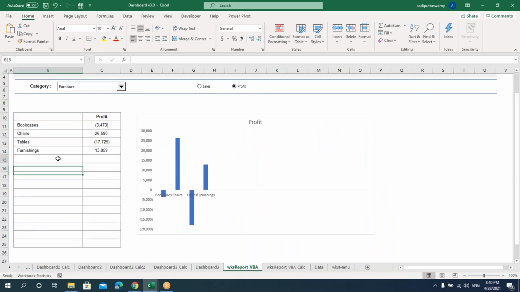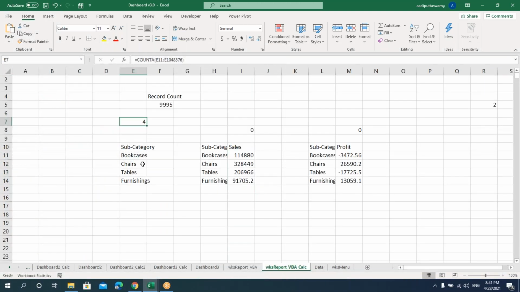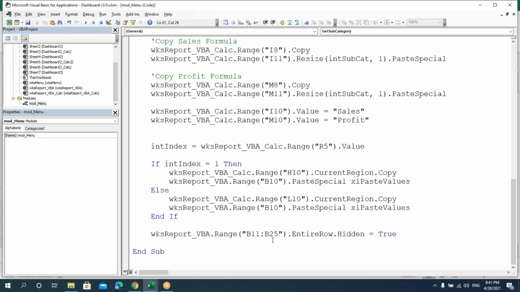Now what will happen is here all the rows will be hidden, but we have the count here, that is the number of categories. Only that many rows will unhide. Let's go back.